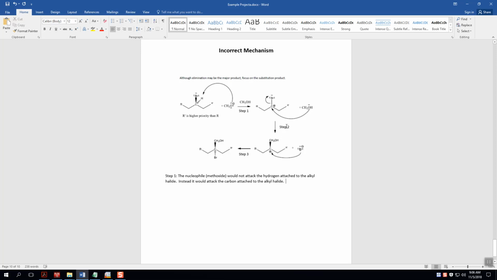But what you notice in step 2 is what's attached. What's attached is the carbon and not the oxygen. So carbon is certainly not going to act like a nucleophile here because it doesn't have electron density. Oxygen is going to act like the nucleophile. So again, there are lots of things wrong with this, but in step 2, the thing I'm going to focus on, and I suggest you focus on one thing in each step, you don't need to focus on all the stuff that's wrong. In this case, I'm going to say the carbon of methanol would not act as the nucleophile,